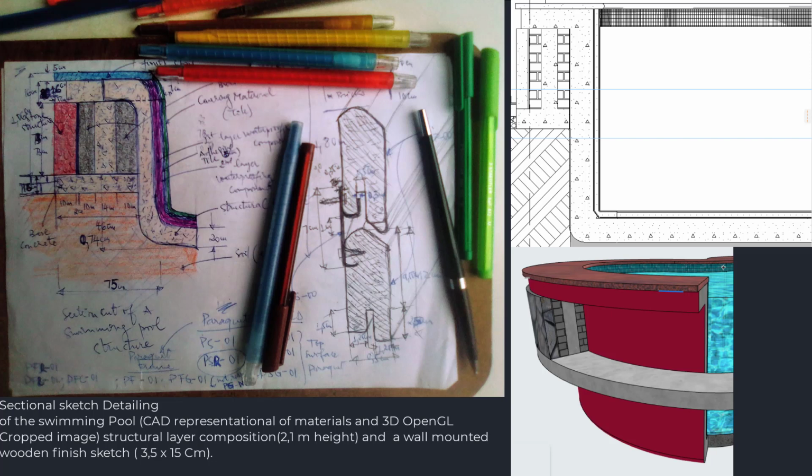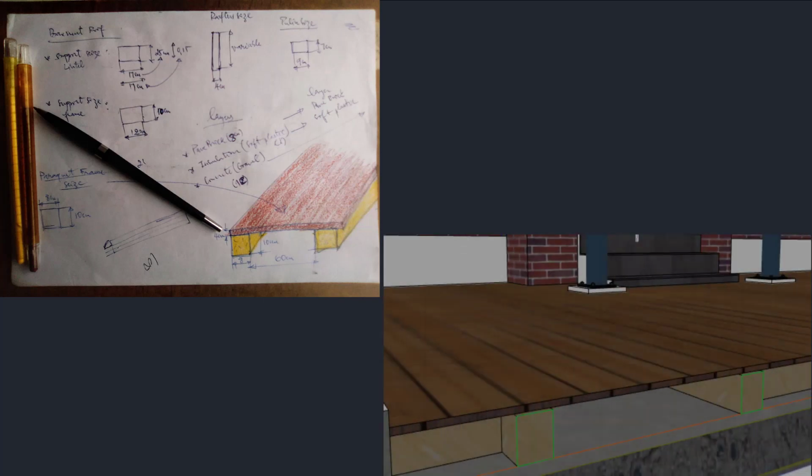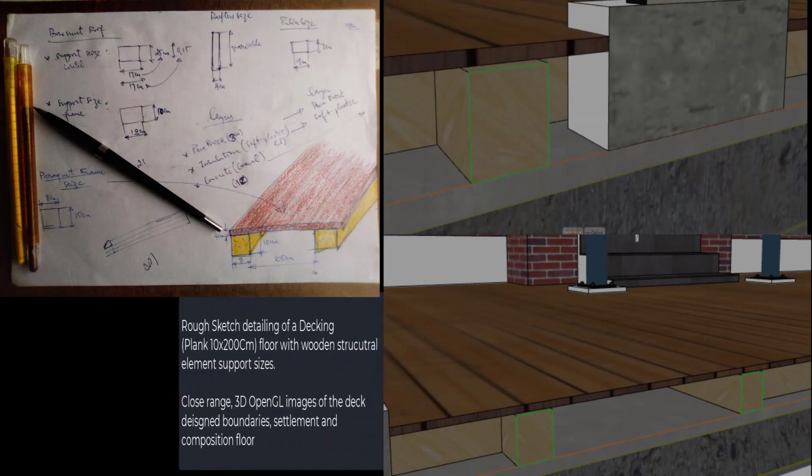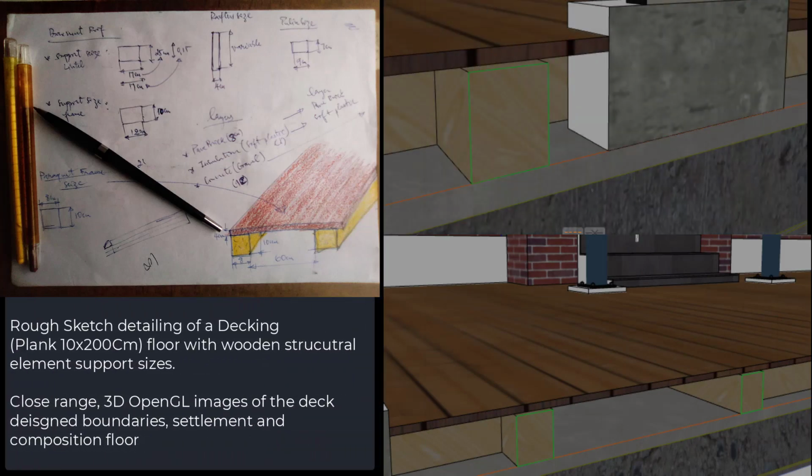This one came up while sizing a flooring structure. So I came up with just a rough sketch detailing of a deck floor with wooden structural element support sizes. And images on the right are just close range 3D OpenGL images of the same deck that are designed with boundaries, settlement, and composition flow. This sketch